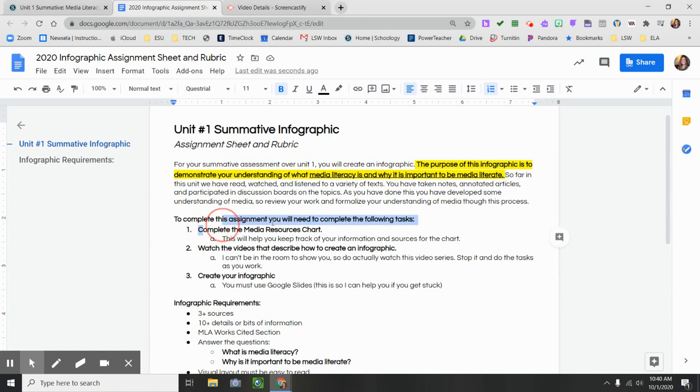So this is why we did our media resources chart. As you were doing those and wrapping up the taking in information about defining media literacy, you created a chart that has information in it, source information, as well as the citations. So ideally, you won't have to go back now through all of your other sources. If you need to go back, by all means do that, but hopefully you have everything you need here on